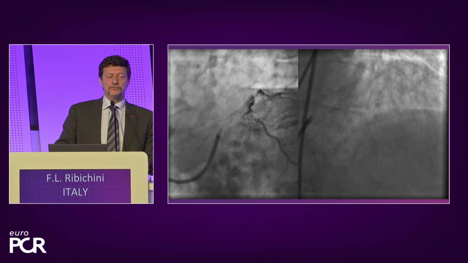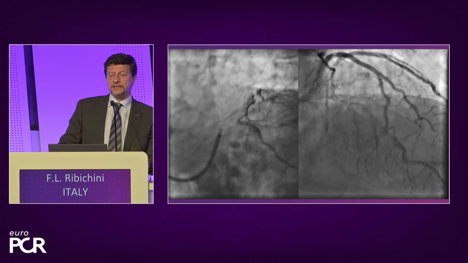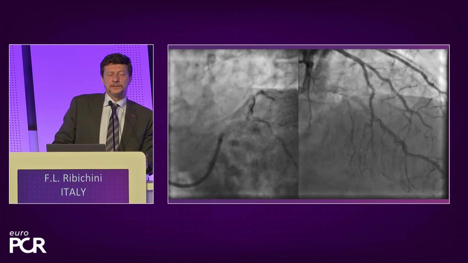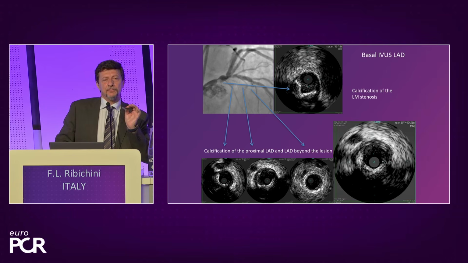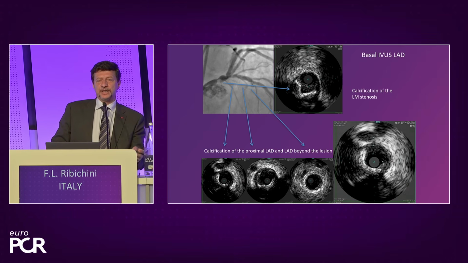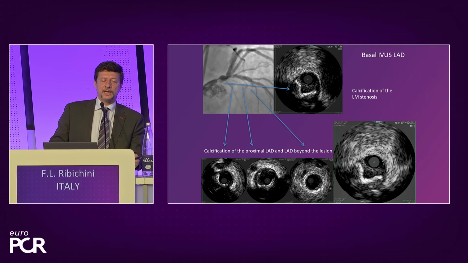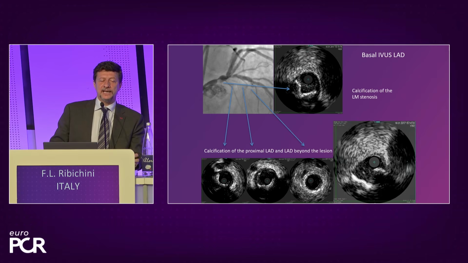It's a large circumflex, and it's a large territory in the LAD, and it's a very asymmetric plaque. So there is no doubt that you will need something to cross this lesion, and of course, after a mild predilatation, because the IVUS catheter does not cross these kinds of lesions, we can do together the analysis of what we see. And of course, we did first the analysis of the LAD